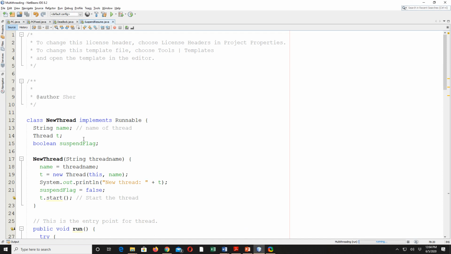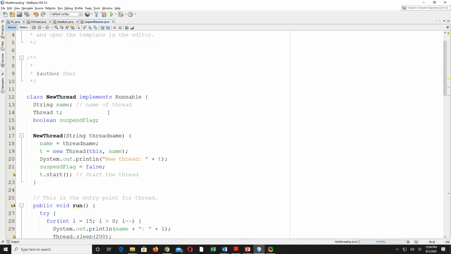You can see here in this example, although we are not calling the suspend method, we are using the wait method to achieve the same job that the suspend method would have done. We can call the wait method, or we can also call the sleep method. So in this case, I will be using the sleep method to do the job of suspending a thread.